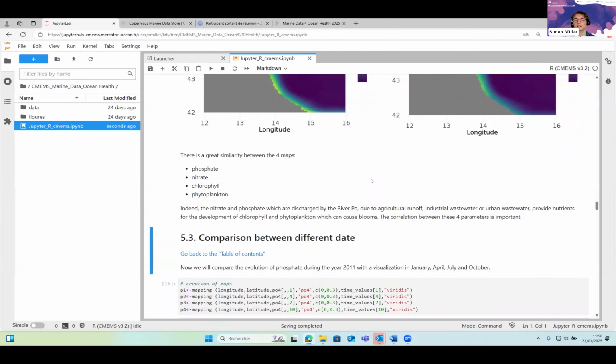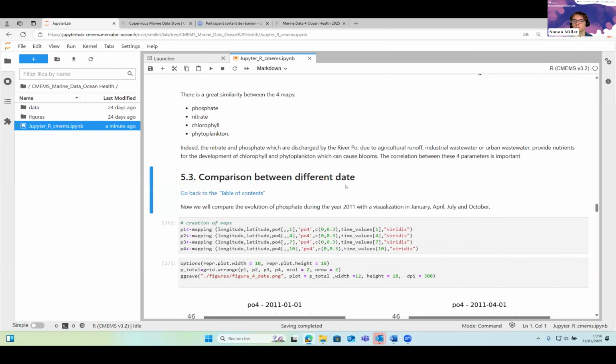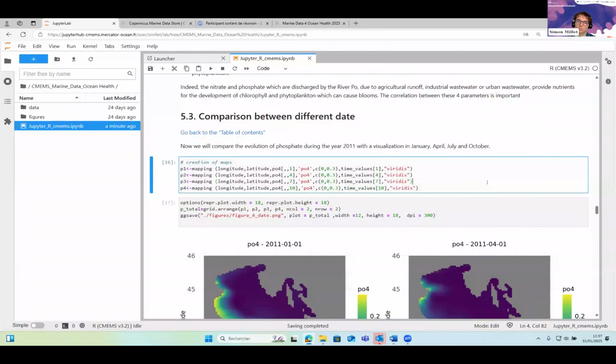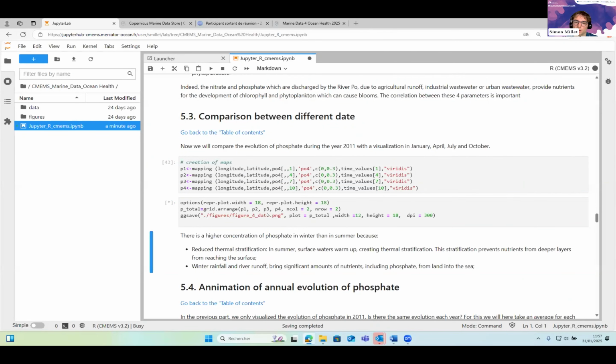But until now, we see only one date. So we will compare different dates in 2011, January, April, July, and October, to see the evolution over the year. So first of all, we define the date for phosphate. So the first date is for January, here April, July, October. And then we plot the